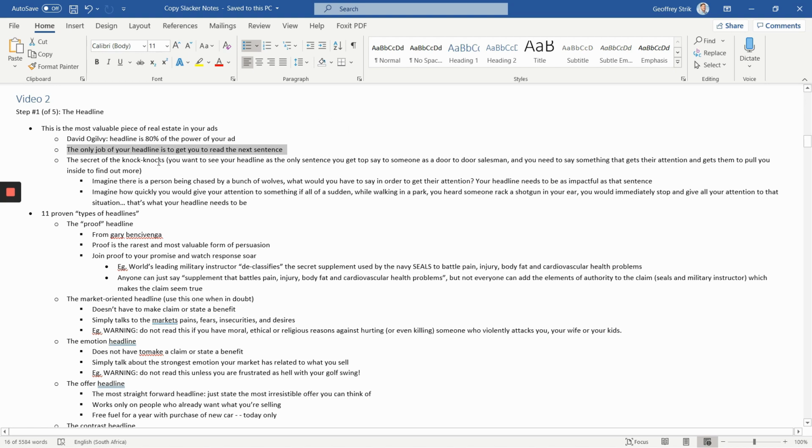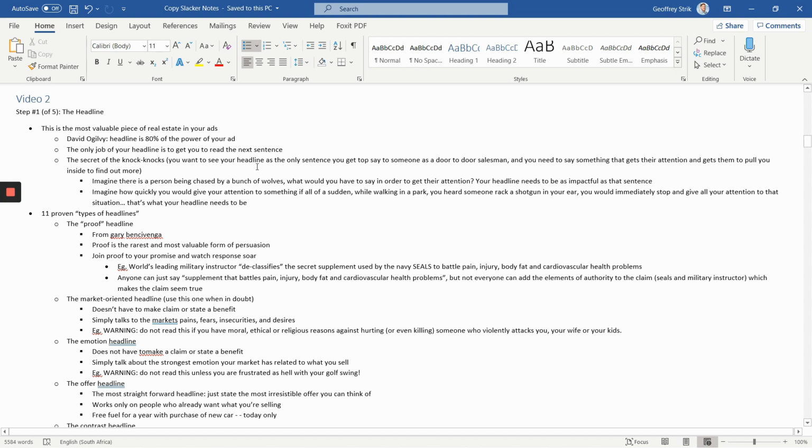Cool, so once again, we're going to go through a couple notes here with regards to the headline. And once again, step 1 of 5 in creating your perfect ad copy. The secret of the knock knocks. You want to see your headline as the only sentence you get to say to someone as a door-to-door salesman,